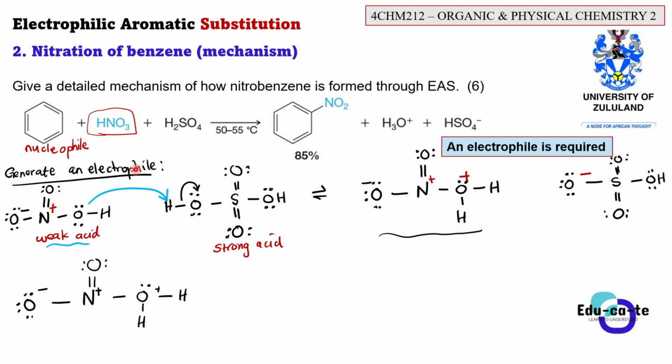But in the initial phase, using nitric acid, you cannot just kick out this OH group, because OH is not a good leaving group. It is not weakly basic. OH is not a good leaving group. You cannot just kick it out. So you have to first react with the strong acid and acquire a proton. The moment you acquire a proton like this to this HNO3, this will now be a good leaving group. If we kick out this OH2, this H2O basically, then we'll remain with NO2.